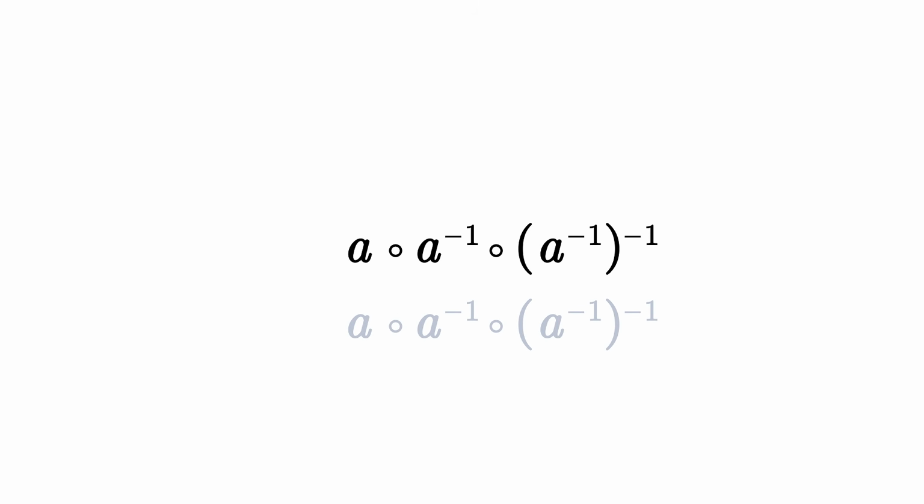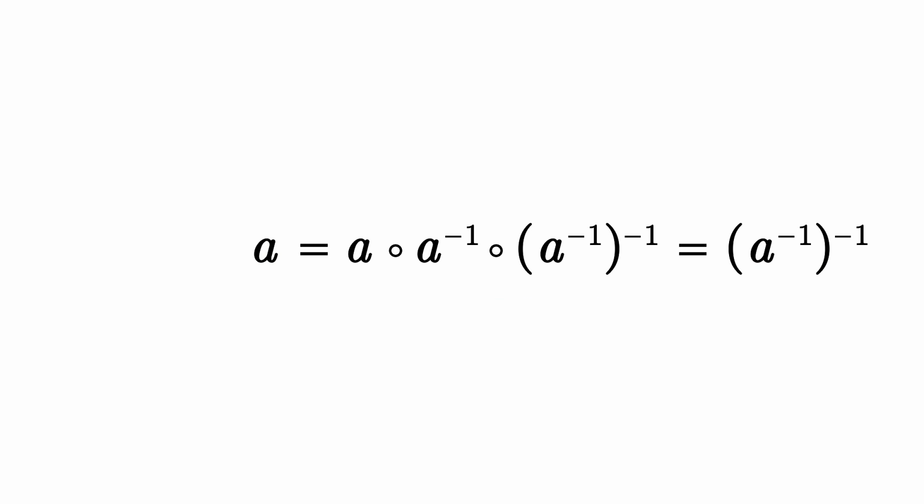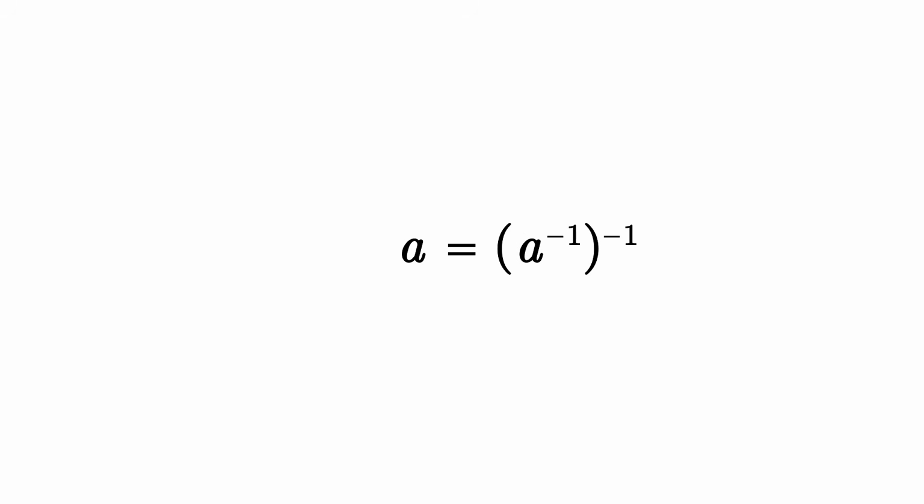Let's prove another theorem similarly. By definition, every element has an inverse. But that means that also the inverse has an inverse. Let's again just operate all these elements together and see what happens. On one hand, A and the inverse of A cancel, so this equals the inverse of the inverse. On the other hand, the inverse and its inverse cancel, leaving A. So this means that the inverse of the inverse is just the original. This is just like how the negative of -3 is just 3, except abstract.